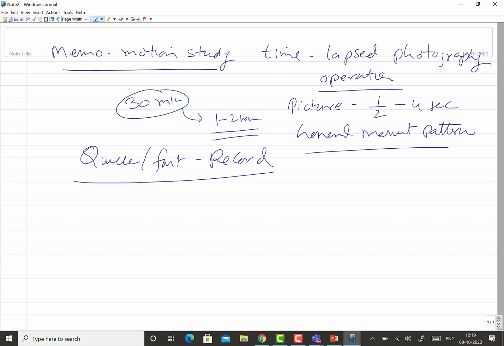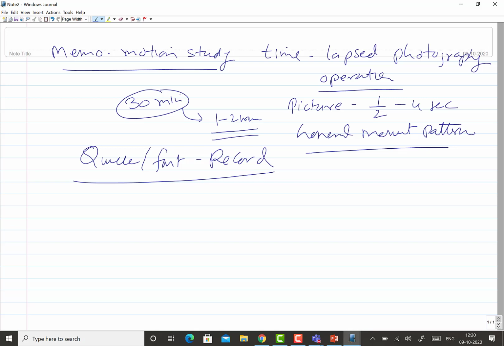as well as a positive record is also created. And say the general movement pattern of the vehicles in a square, the number of vehicles passing through a particular road, the number of people passing through a particular road, the number of people arriving at a bus station or train station as a function of time. Those kinds of studies can easily be performed using this memo motion study technique. Okay, so the general movement or the general observations of a particular area of study can be done easily using this memo motion study technique.